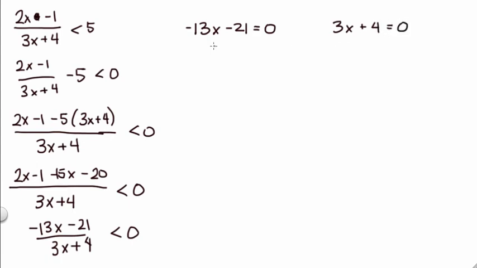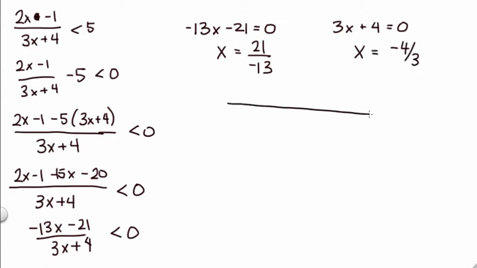Okay, so if I solve it, I get x equals 21 over negative 13 for this one, and I get x equals negative 4/3 for here. Okay, so those are my 2 points. Negative 21 over 13, and then I have negative 4/3. Okay, but I don't want it to be negative 4/3, so I want an open dot. And for this one, both of them are open because it doesn't have an equal to part. So